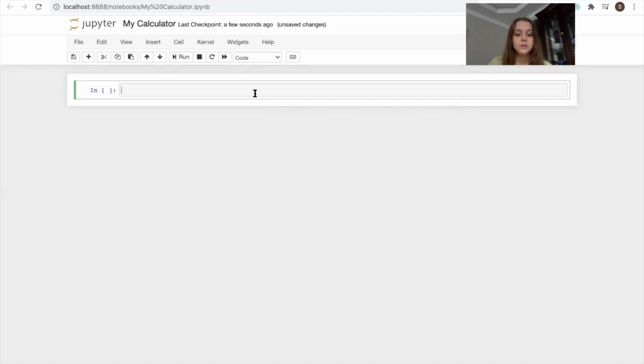In this case, we start with def, which always lets the computer know that we are going to be creating a function. I'm going to call it myCalc. And then the parameters I want to put in are number1 and number2. And this is always followed by,